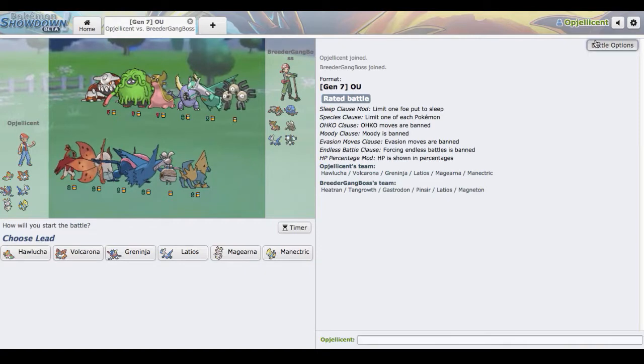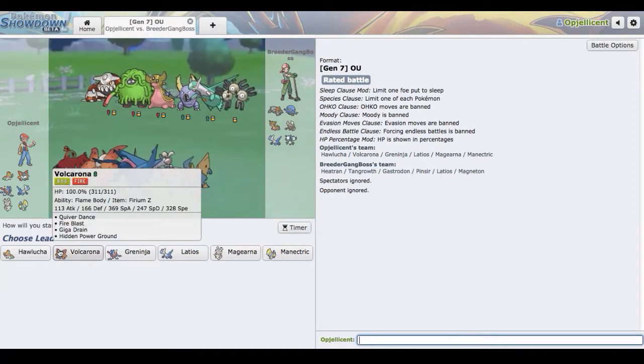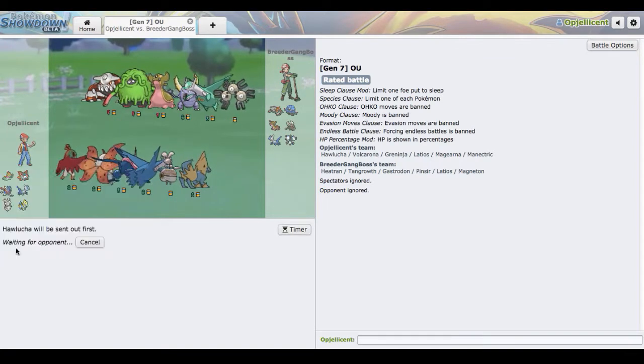Find this fatter team. I don't know how much I like this matchup, but I am kind of 6-0'd by Pinsir as well. So I have to keep Manectric healthy for that purpose. He's actually 6-0'd by Volcarona. I'm going to lead off with Hawlucha,